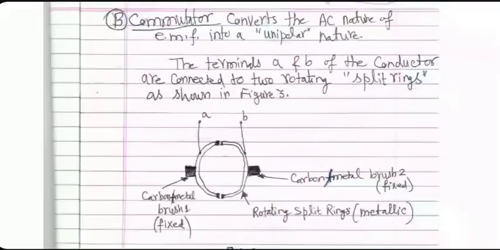Of course, in reality, we have thousands of loops, so commutator has to have these halves in large numbers. They are all mounted together on a single assembly called commutator. The principal operation can be explained by diagram, assuming only one loop. Oh, by the way, brushes are the ones which are connected to these rotating halves and pick up the voltage.